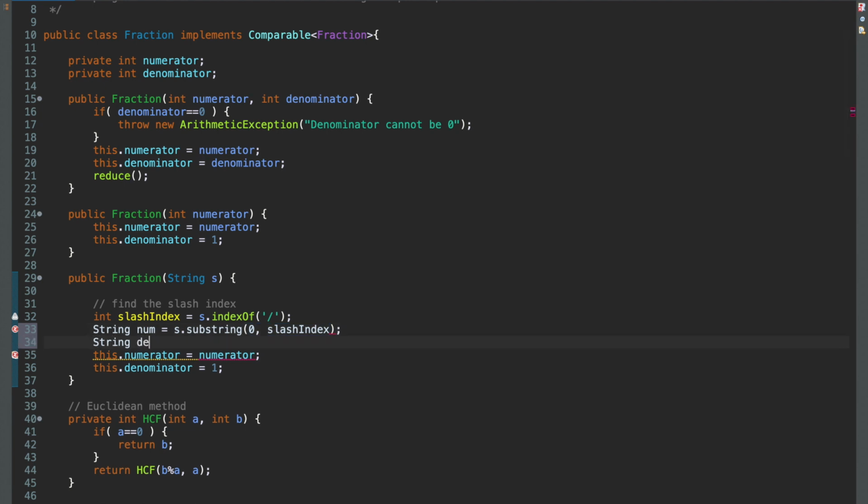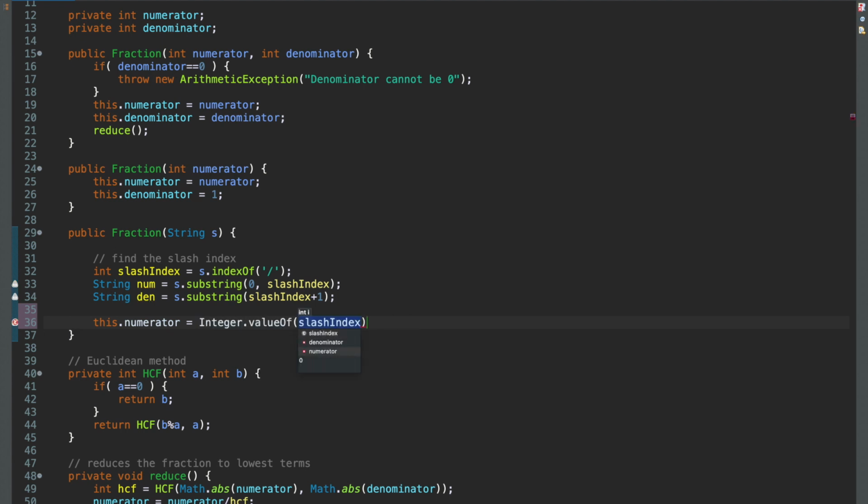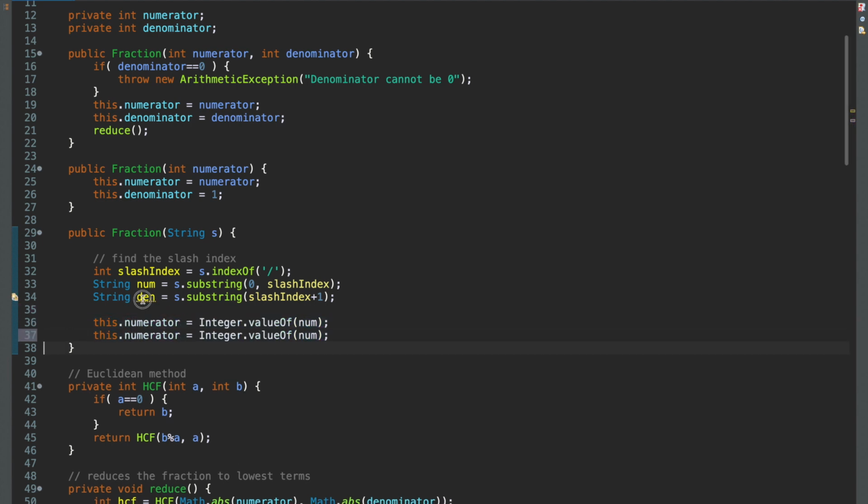Similarly, the denominatorPart is s.substring starting from slashIndex plus 1 till the end. And I create a fraction by passing this as numerator and this as denominator. So I say this.numerator is Integer.valueOf of numeratorPart, and this.denominator